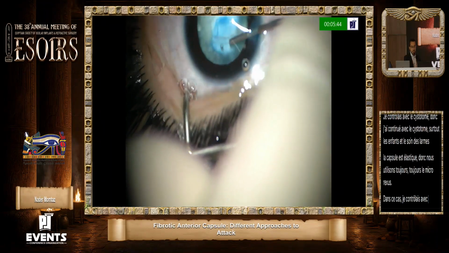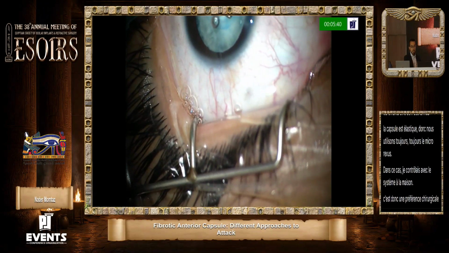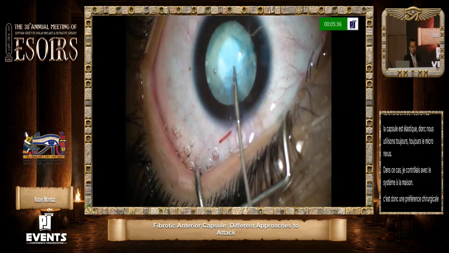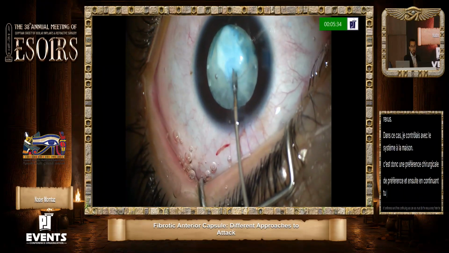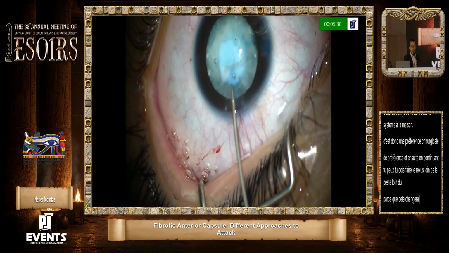So it's a surgeon preference, and then continuing. You must do the rhexis away from the plaque, because it will change your forces. And then I removed the plaque,